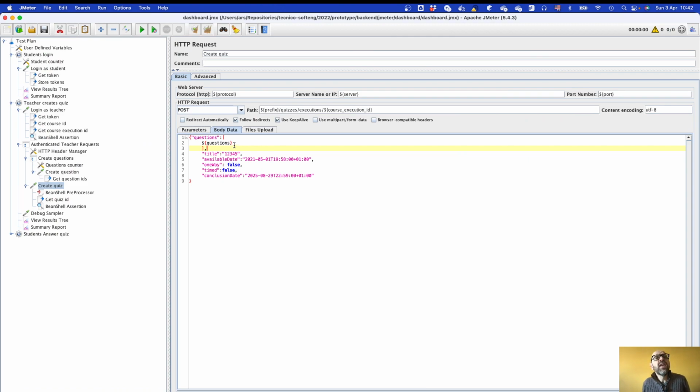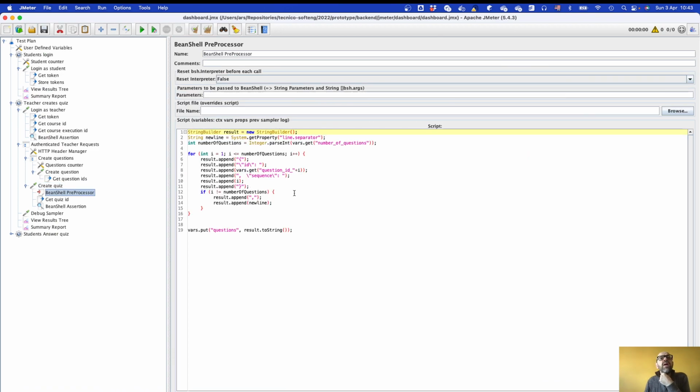What is new here is this variable. What is this variable? When you create the quiz, you want to include information about the questions, but you receive the questions there, so you need to process them. You receive the information when you create the question. So you have a pin shell preprocessor that is executed before the invocation, basically to define this variable. This variable here. And what you do there is you basically have this small script that, for the number of questions, which you receive in this variable,